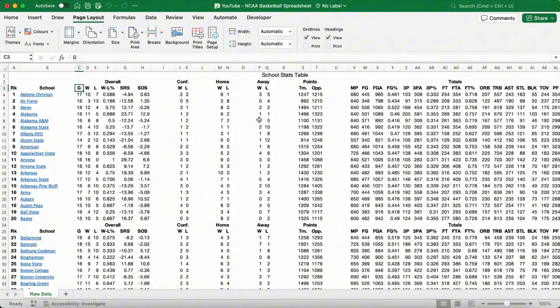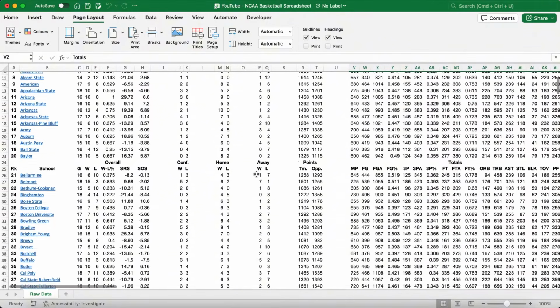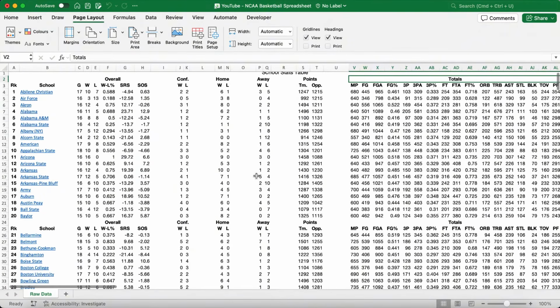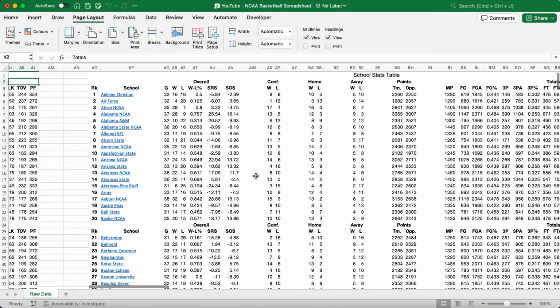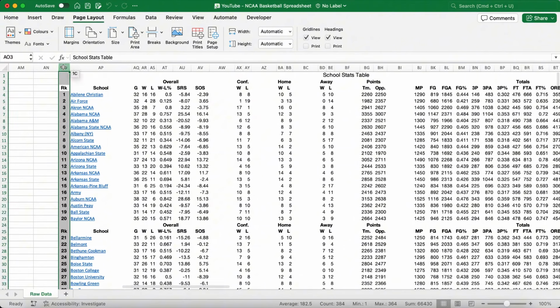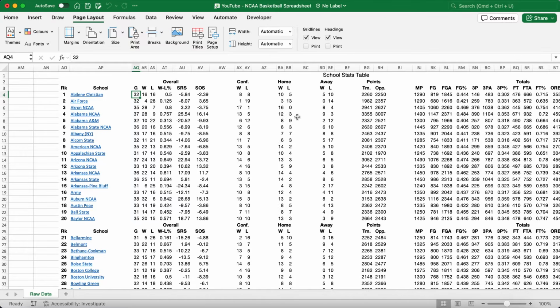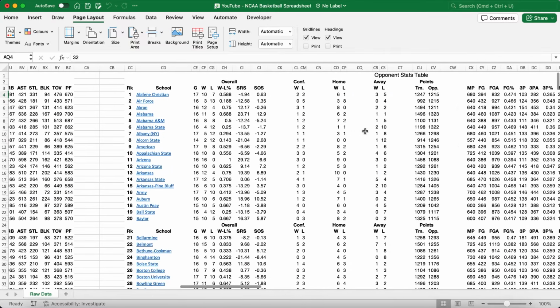I've skipped this step in the video, the process of actually importing the data from the web using Power Query, as that process is unique for every user depending on the version of Excel you're using as well as the computer you're using. So in column A, we'll start with the basic stats for each team from collegefootballreference.com from the